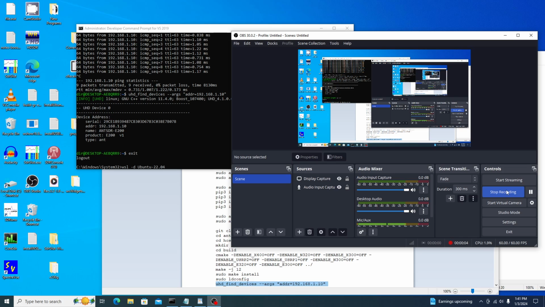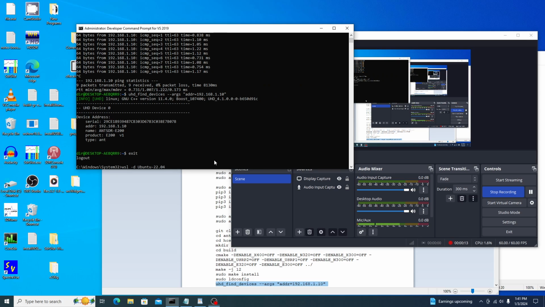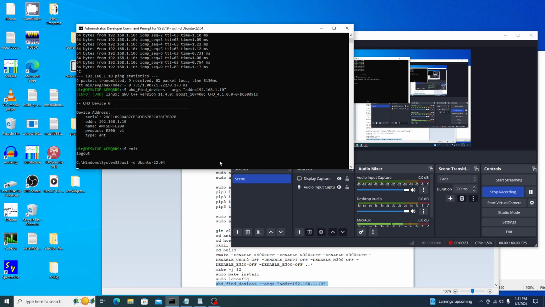Well, here we are back again with the installation of the ANTSDR E200. I found out what the problem is. So we go back into the Ubuntu by using WSL -d Ubuntu, and that brings us back in, supposedly. Okay, so now we're back in. We'll go to the